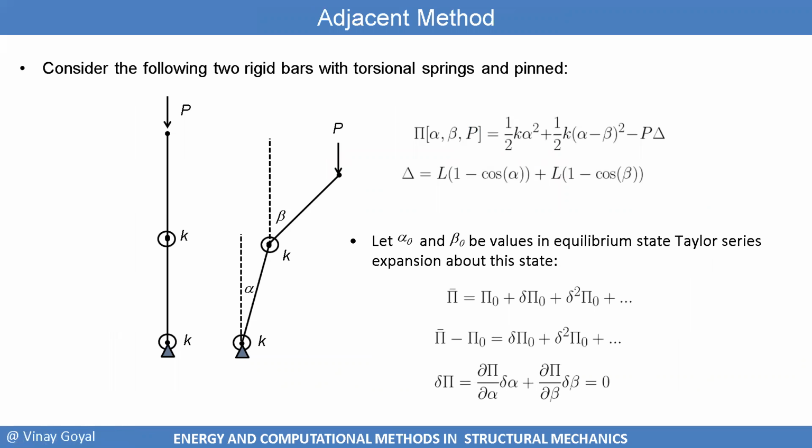So I will then consider the bifurcation analysis again, and I want to look at the adjacent method really quick, which is what we've been using to some extent, and I want to show you another example. In this example, we'll consider two rigid bars connected to two torsional springs and pinned here at this bottom point. So rigid bars again with a load applied P, with a torsional spring here, a torsional spring there, and then we also have